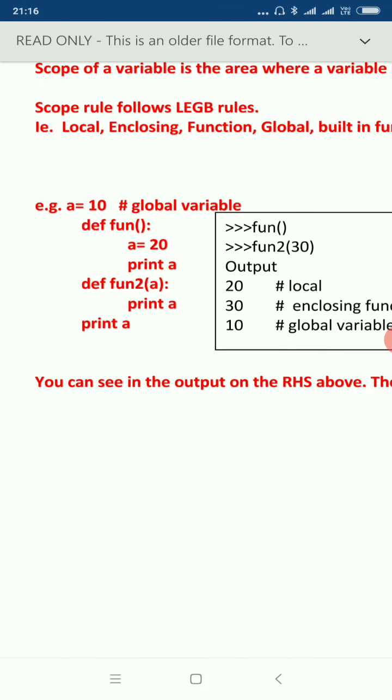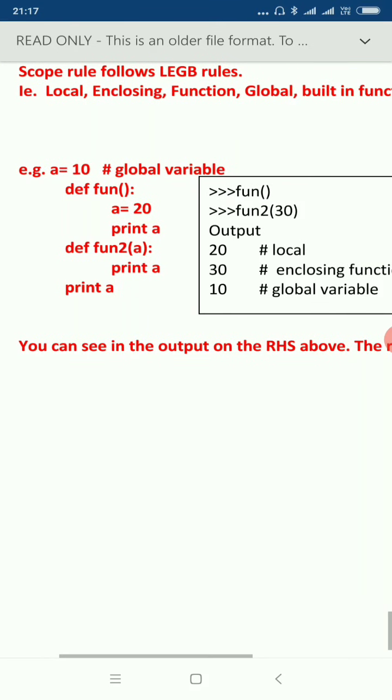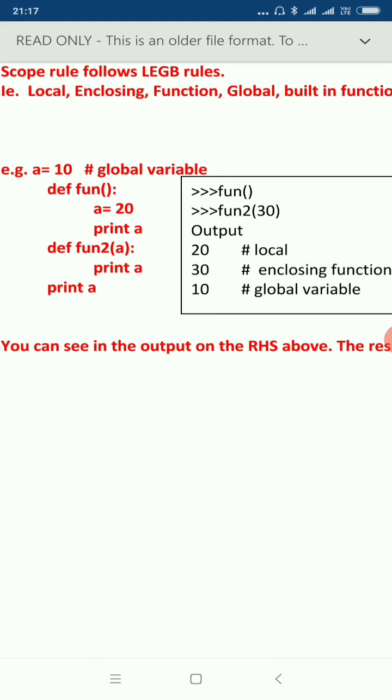You can see in the example and the output on the right side. Here a equal to 10, that is a global variable, then def fun, that is a function, and a equal to 20, that is the enclosing function inside the function. Then fun2 a, where a is the variable, and print a is the local variable given there.